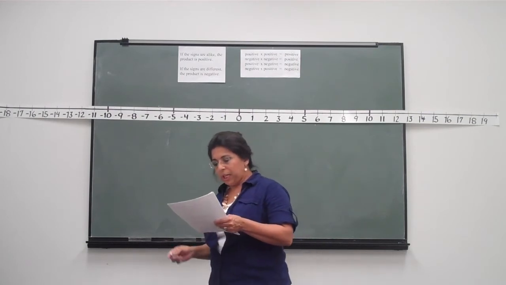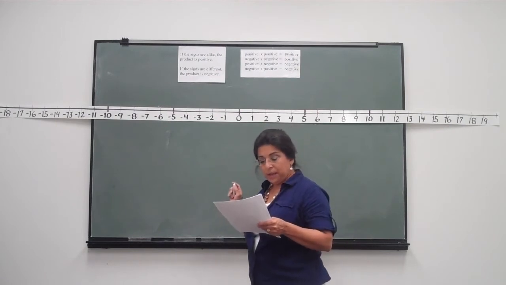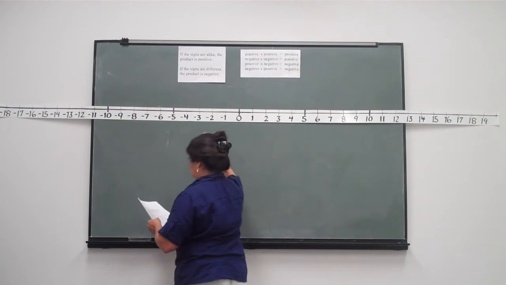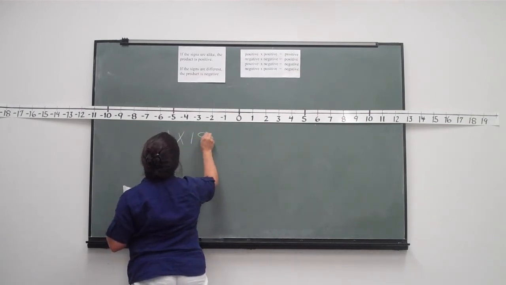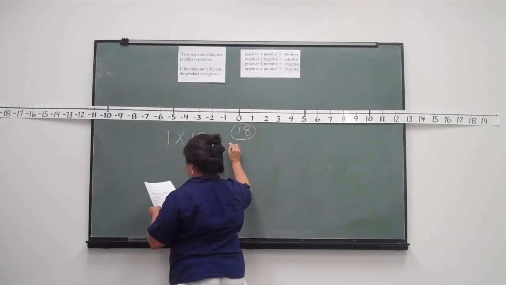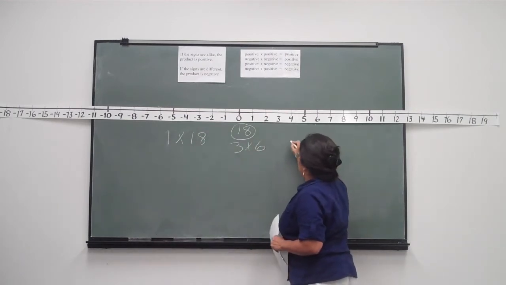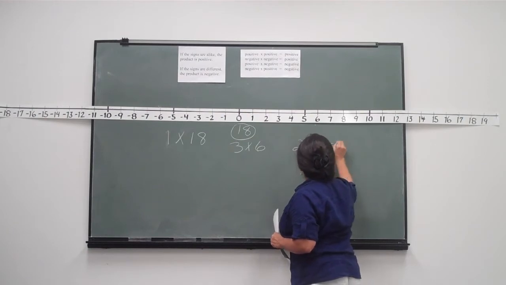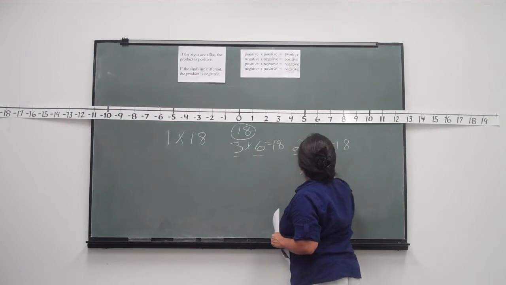Now, out loud, can you help me write multiplication sentences that will satisfy the product of 18? That's correct. It's 1 times 18. We're going to try the product of 18, okay? And then we have 3 times 6. That's correct. And then we have 2 times 9. Now, if you'll notice, each one of these factors